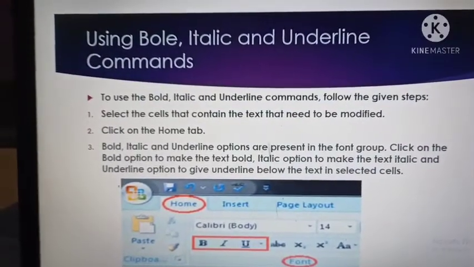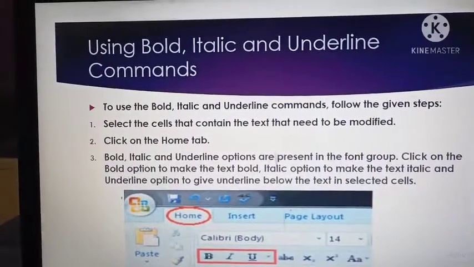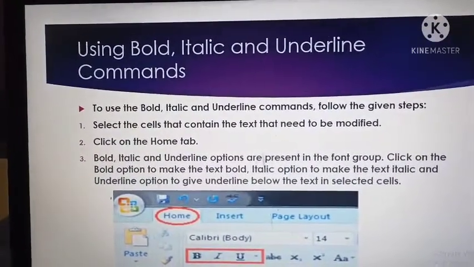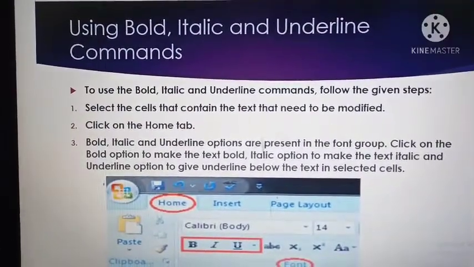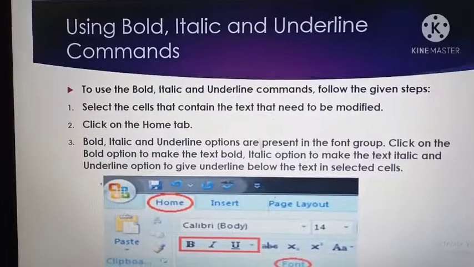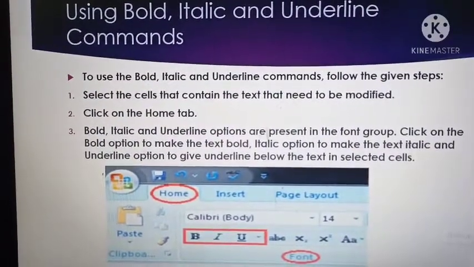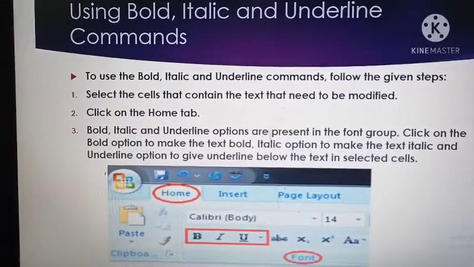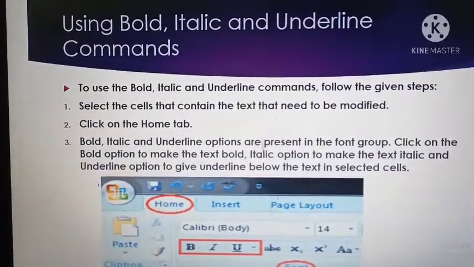Next topic is using bold, italic and underline commands. To use the bold, italic and underline commands, follow the given steps. Firstly, select the cell that contains the text that needs to be modified. Next step, click on the home tab.